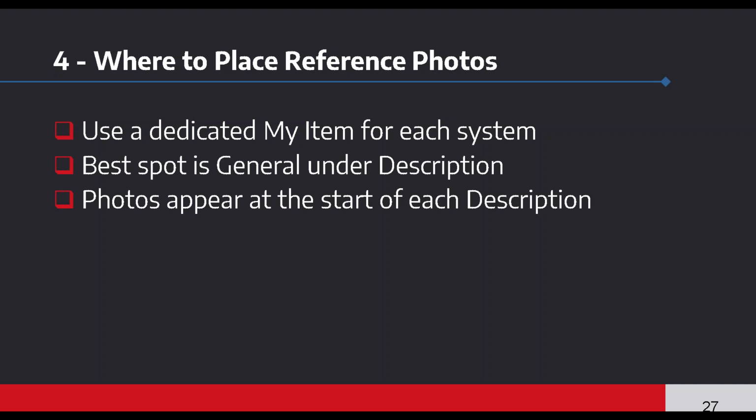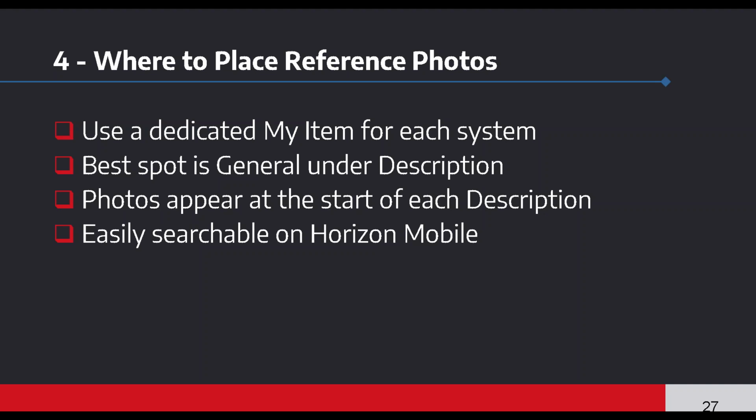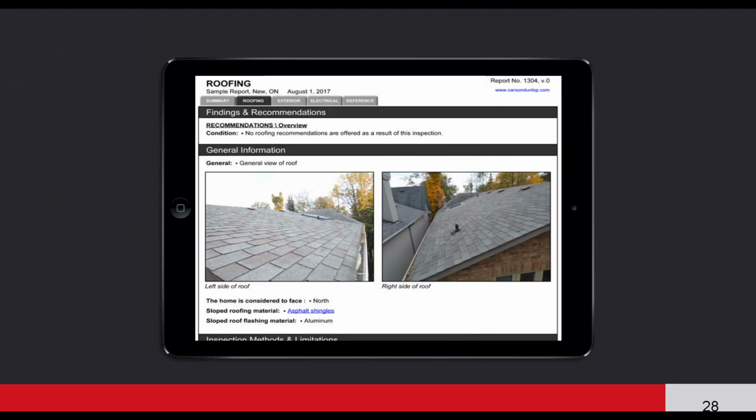By having this at the general section, it will appear at the start of each description. If you are taking these photos in real time within the app, you can actually search for your My Items and then simply have the photos already linked to the item. So by the time you sync and get back to the computer, it's ready for polish and publish. As a reference here,